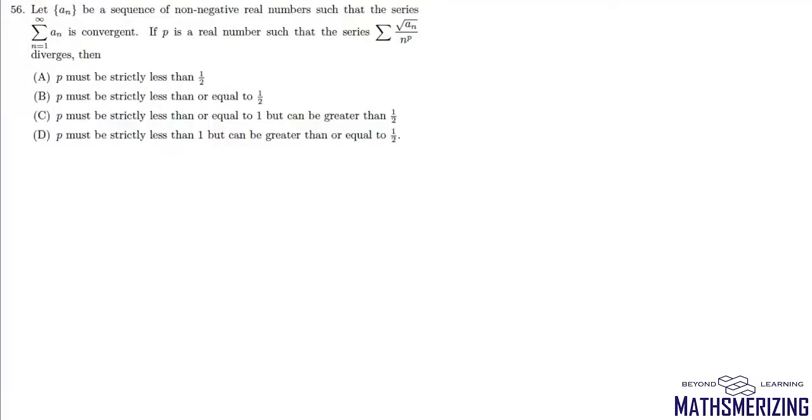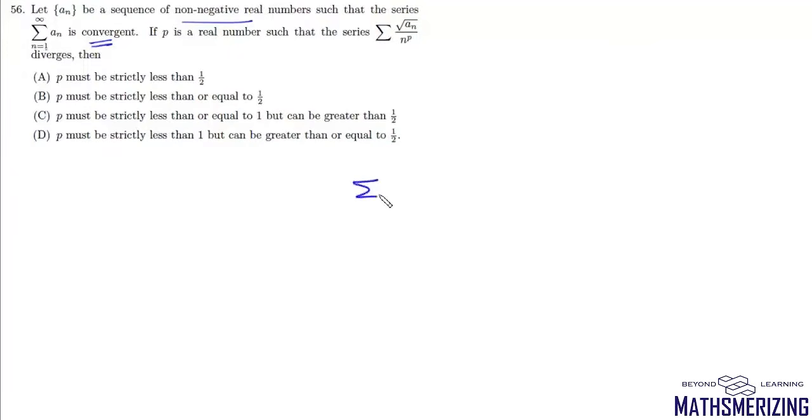Now question number 56 is, if a_n is a sequence of non-negative real numbers such that the series summation n varies from 1 to infinity of a_n is convergent, if p is a real number such that the series summation of under root a_n upon n to the power p diverges, then which of the following is true? Now from the Cauchy-Schwarz inequality we can say that